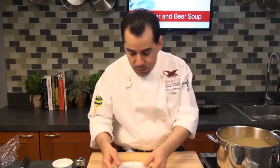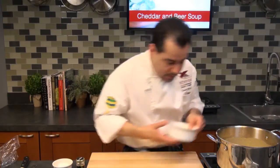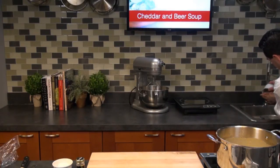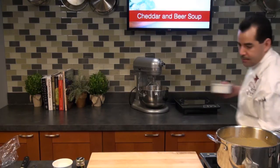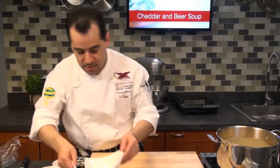Now we're going to plate our soup. I've got my onions here. Maybe they need a little more time, but I'm going to drain the water from here so I can take them out without getting my hands all wet. Okay. I'm going to plate